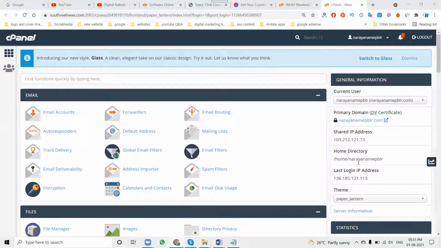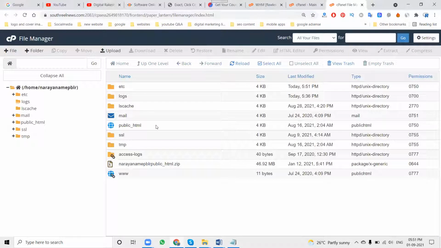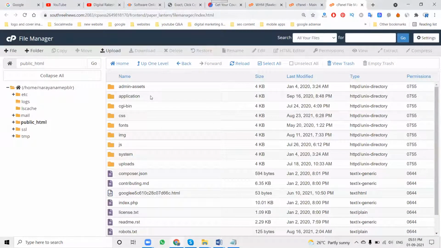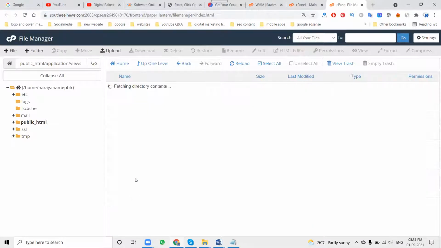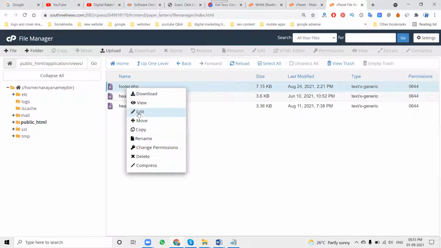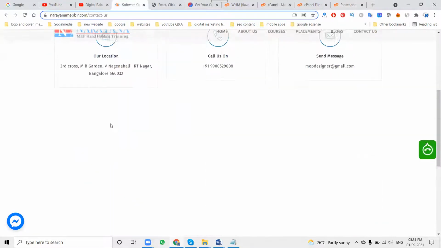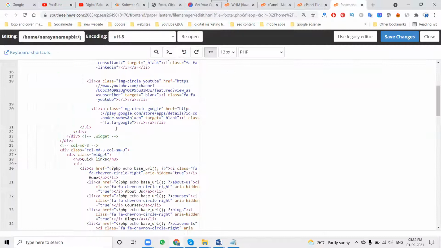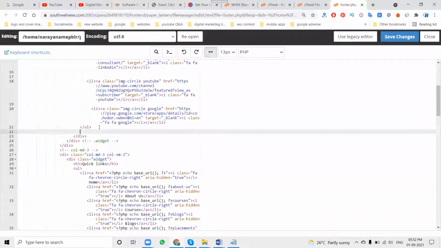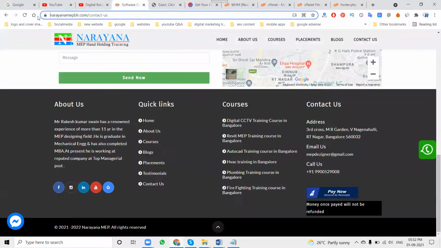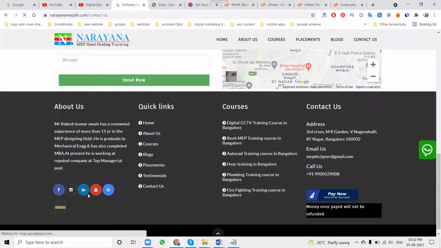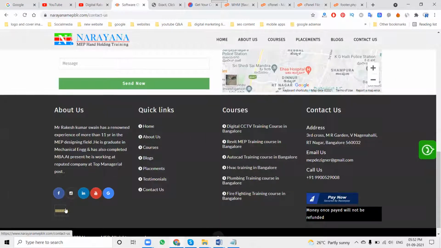That is only for developers to understand. So we add this code: copy it, go to the exact file of your particular website, check the file, and go to the footer option, exactly where your social icons are. Save changes and refresh. The page count will then be visible here.